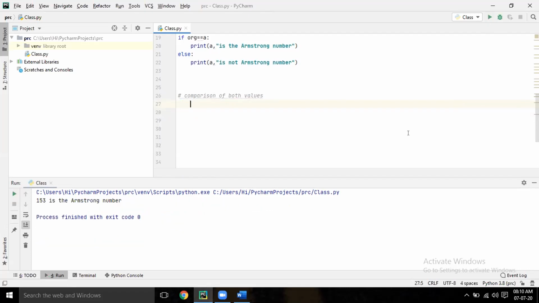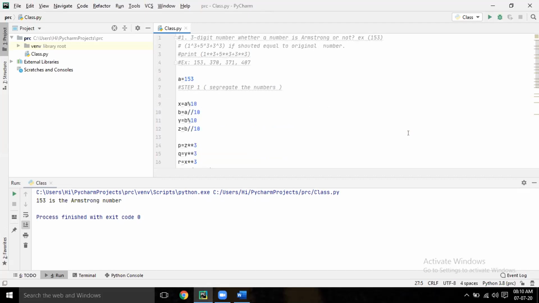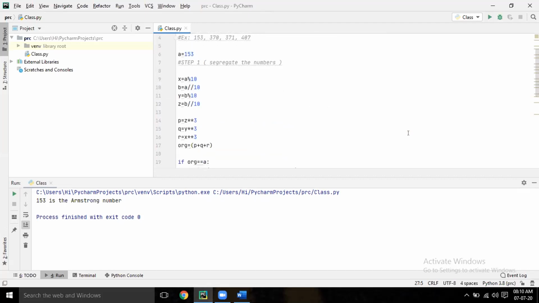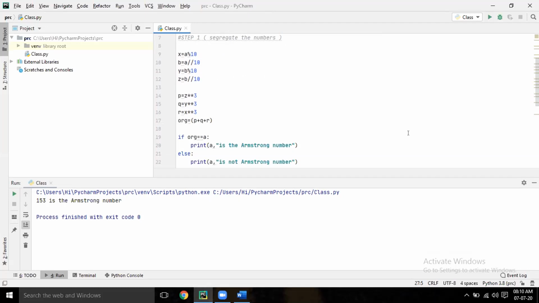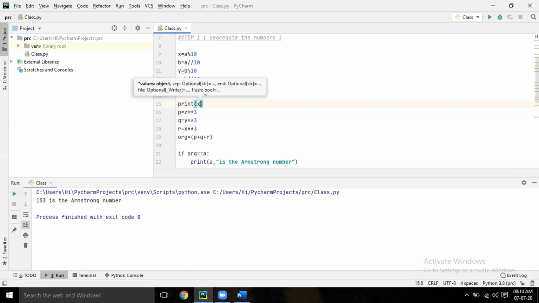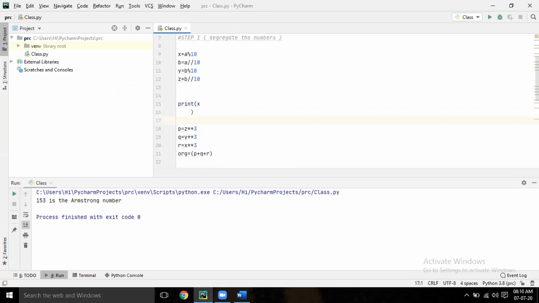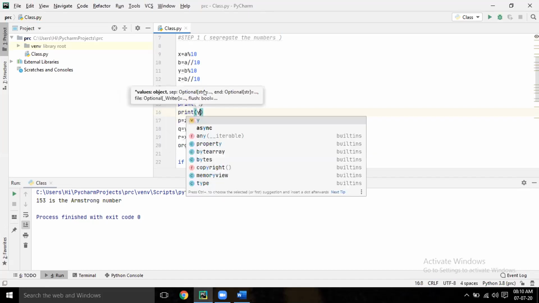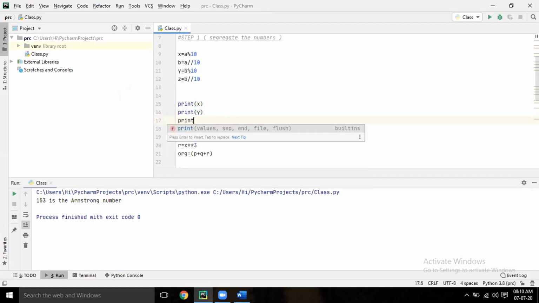First we have to test the three numbers, X, Y, Z. Just print X, print Y, print Z. Okay, run it.